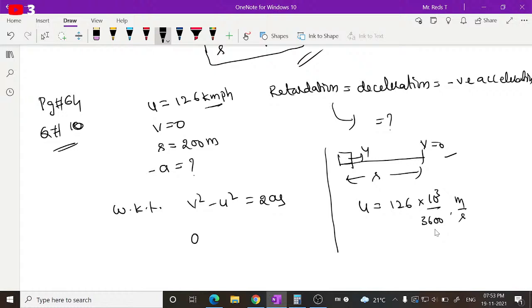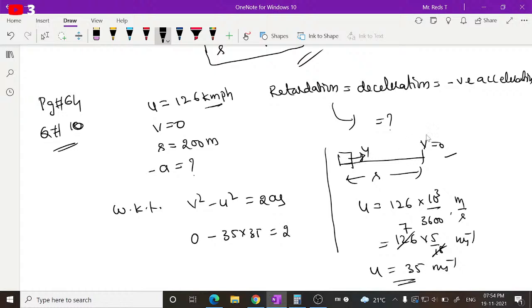So the other way you can write it is 1 by 126 into 5 by 18 meter per second. Okay, can you simplify this further? So 18, 7 times was 126, so 7 fives, 35 meter per second is the initial velocity. Here it is minus 35 squared, which means 35 into 35 is equal to 2 into